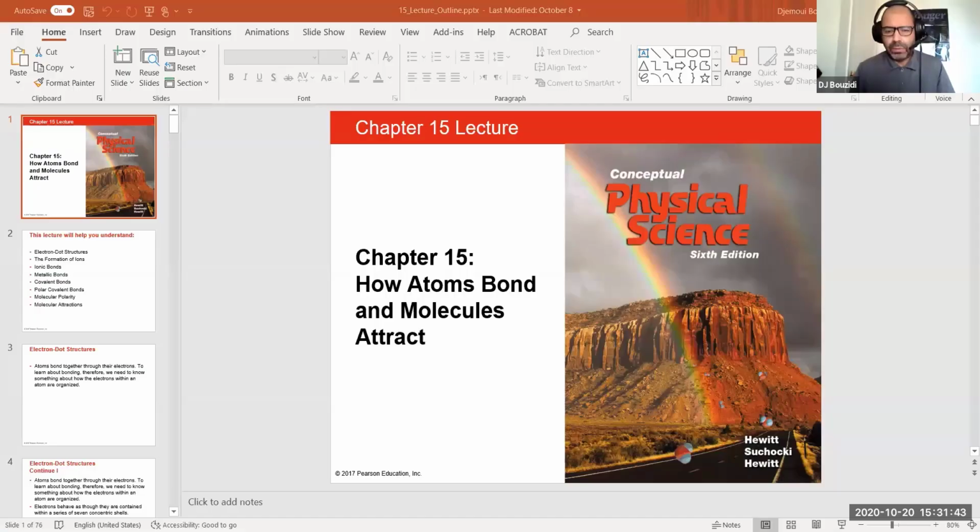So today is chapter 15, and namely how atoms bond. Okay, and molecules also attract one another. So this is going to focus more on how atoms bond to make chemical bonding and form molecules. But we're going to probably cover a little bit of the second part in this chapter. Okay. So again,